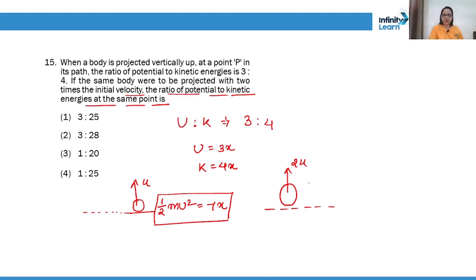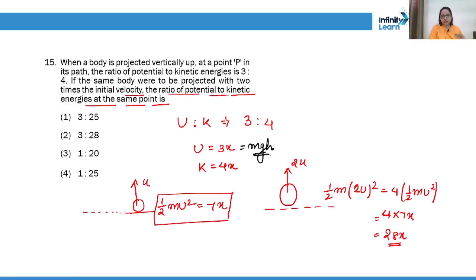So, now initial velocity is 2u. So, total mechanical energy will be half m (2u) whole square, which is 4 times half mu square, and that is equal to 4 times 7x, which is 28x. Right? Now, potential energy is given as mgh,